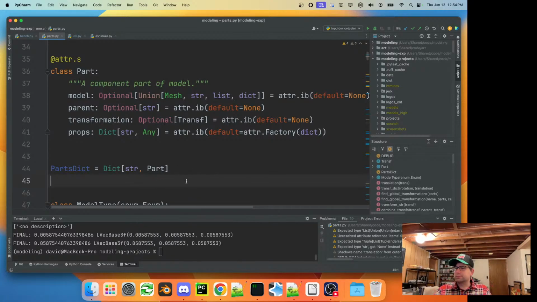And for a long time, the way I used this was each parts dictionary was just basically a single hierarchy. So you could kind of assume that within a single parts dictionary, there was just a single tree, with a single root of models. A recent change that I made, I updated it so that a parts dictionary can have multiple roots, and I built some functions for dealing with that. And that's just kind of a convenience thing, where